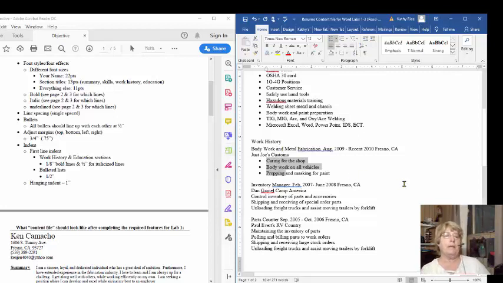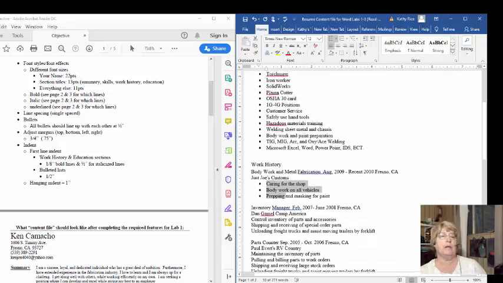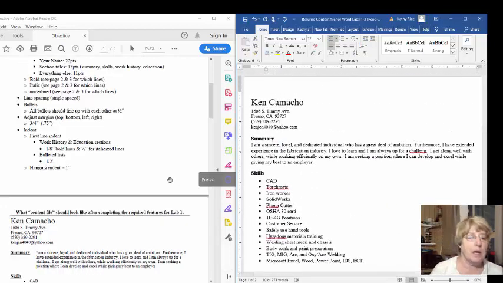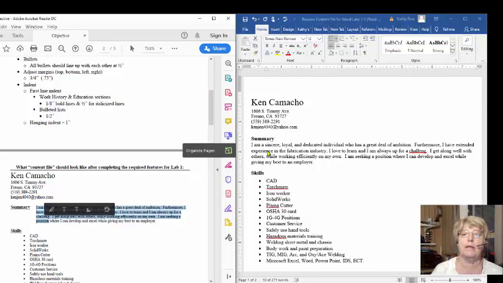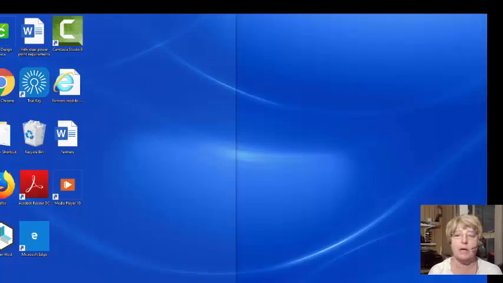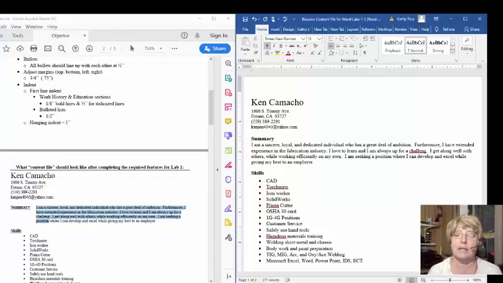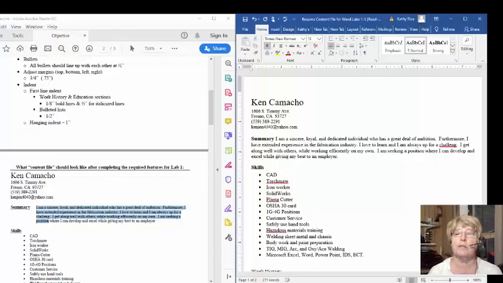And then indent. This is one thing, an indent. The very first indent for summary is what you call a hanging indent. This is probably the most difficult indent there is. And what you need to do, a secret for this, is I'm going to space over one to bring this whole paragraph back to one line. Then